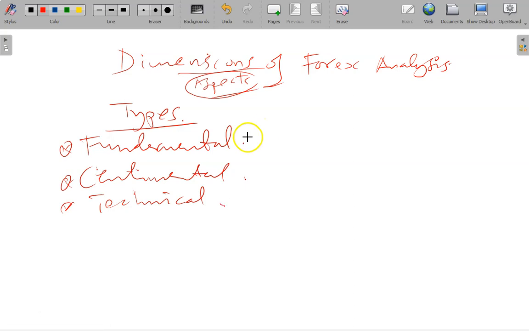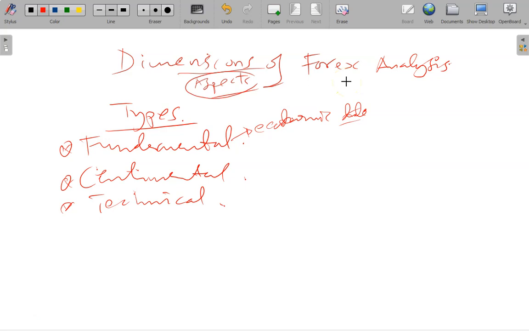So, starting with fundamental analysis. I'll just provide the information, and you can mainly listen. I will write very few things there. Fundamental analysis is mainly based on various economic data. There are various data released from banks and everything,